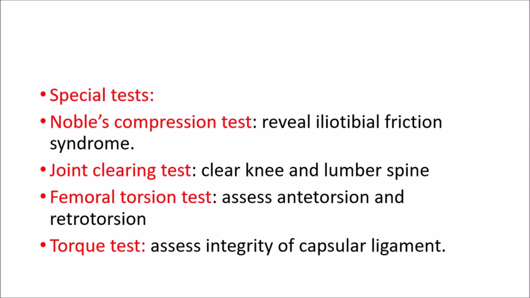Next is the femoral torsion test to assess the anteversion and the retroversion. So in this, we perform different tests, the Craig test or the Ryder method, to assess the degree of hip anteversion. So the patient will be lying prone and the knee will be flexed and the examiner palpates the posterior aspect of the greater trochanter of the femur and the hip is passively rotated. The degree of anteversion and the retroversion can be measured on the lower leg.